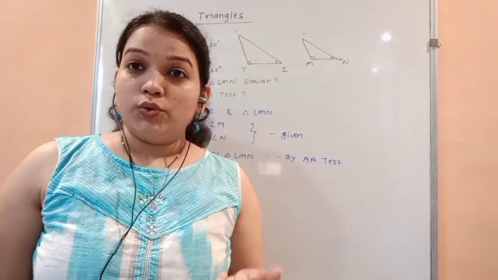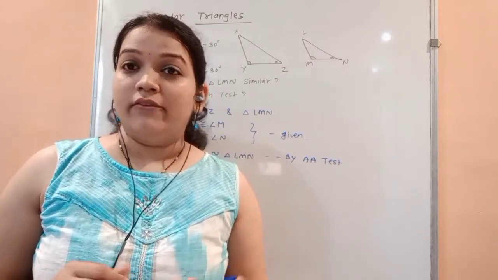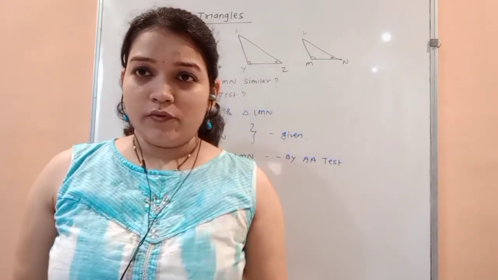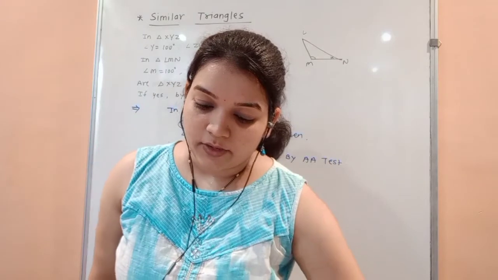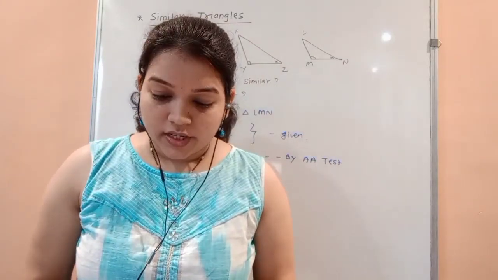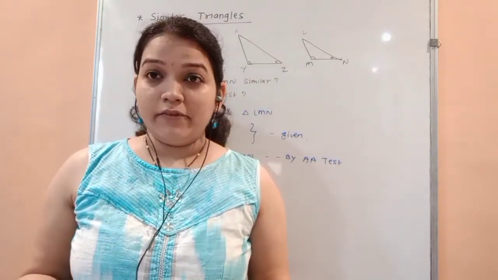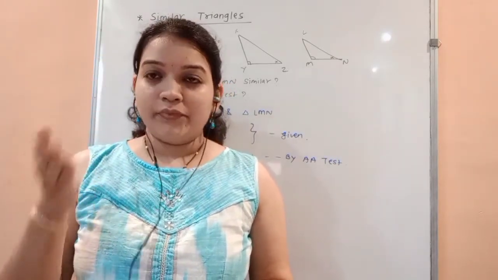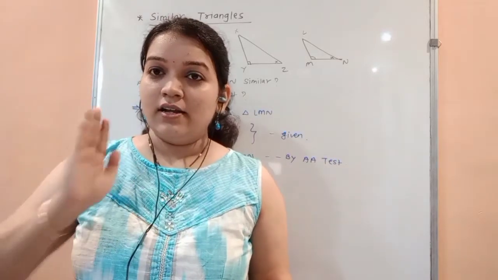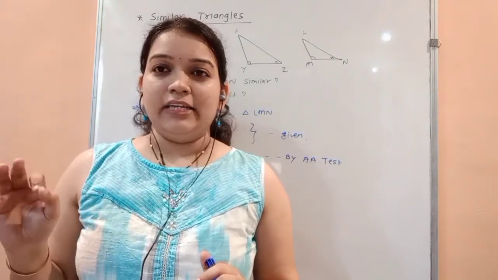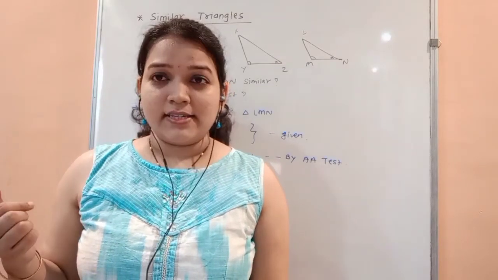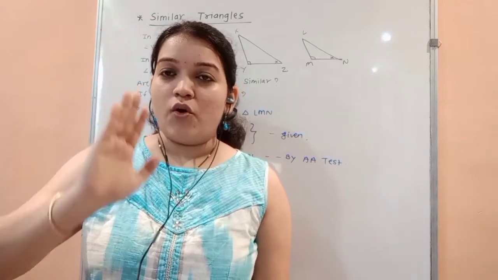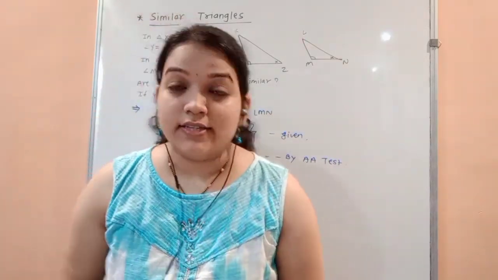So go through the solved examples which are given in your textbook, in which the second question is given, again the same type of question: are two triangles in figure 1.51 similar according to the information given? If yes, by which test? In that case, the lengths of sides are given and the angles in between are congruent. That thing is given to you, yes or no? So by SAS test, you can say. First, for that purpose, you have to find out the ratio of the sides of the given triangles, yes or no?